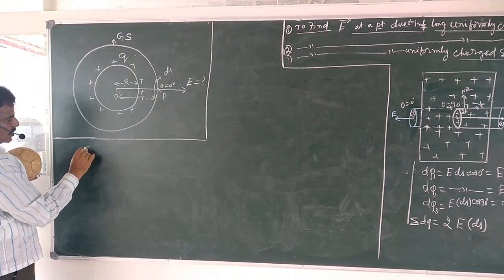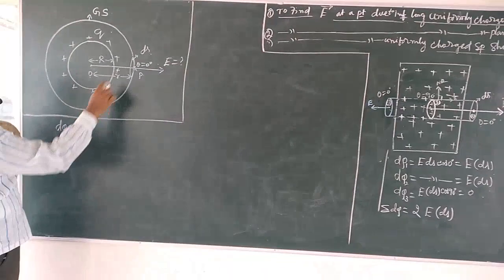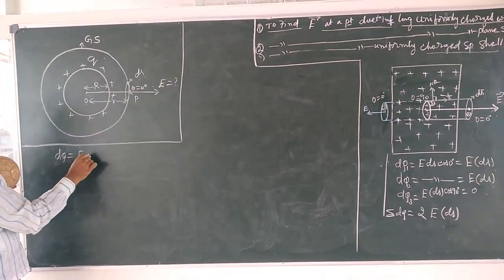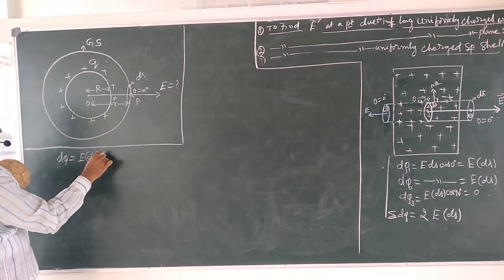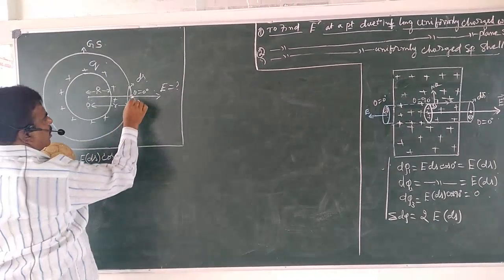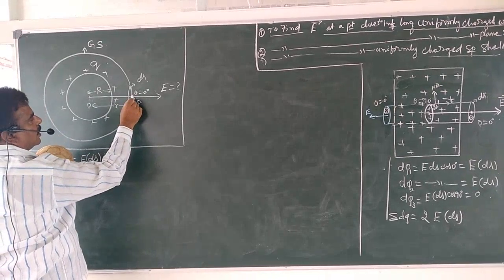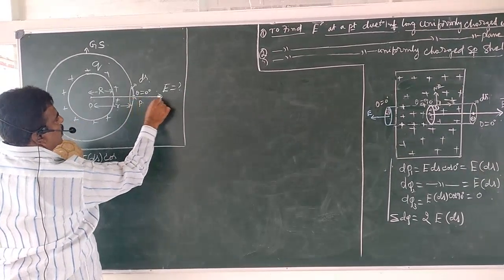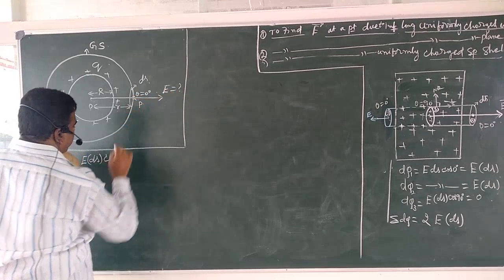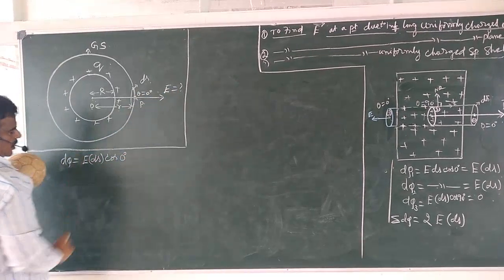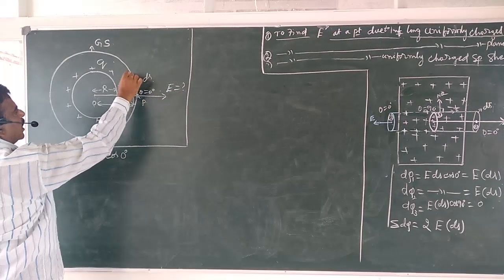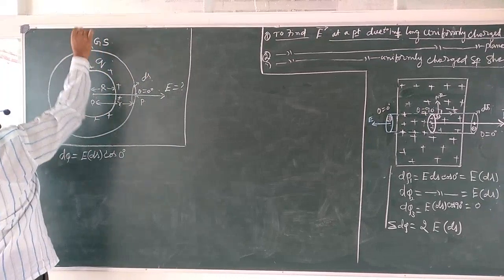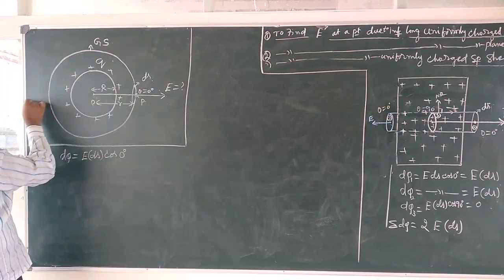The electric flux through the Gaussian surface through dS is given by E dS cos theta. So what is the value of theta? Theta is the angle between the electric field and the normal to dS. Normal is in this direction, electric field is also in the same direction. Therefore, it is 0 degree. Okay? If I consider the area here, electric field is like this, normal is also like that. If I consider here, both of them are in this direction. If I consider here, same direction.